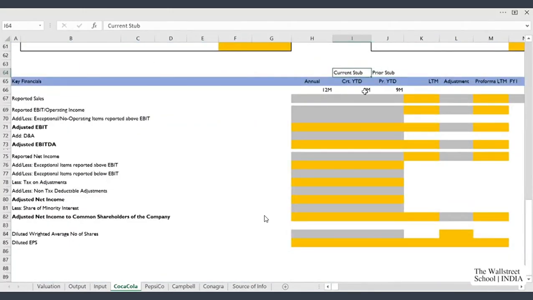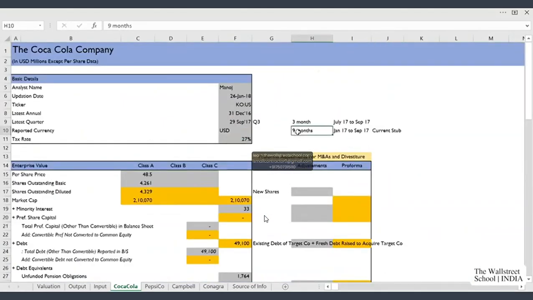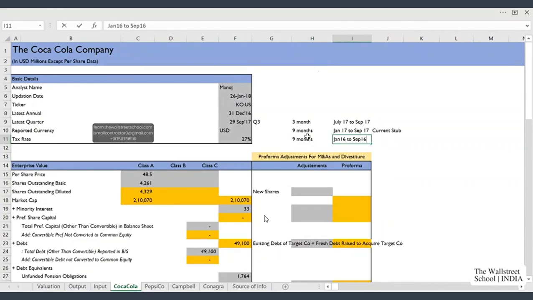Friends, once we are done with the punching in numbers in the current stub, in the next column we have to punch in prior stub numbers, which is prior year to date numbers. So let's understand what prior stub numbers means. As in this case, my current year to date numbers is related to Jan 17 to September 17 period. So my prior stub would also be for 9 months, and the period for the prior stub would be Jan 16 to September 16.